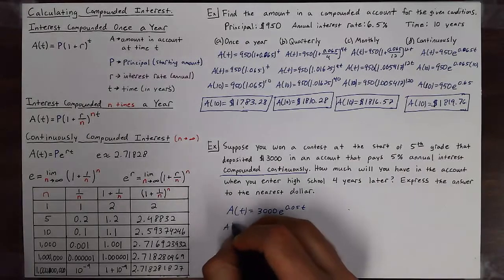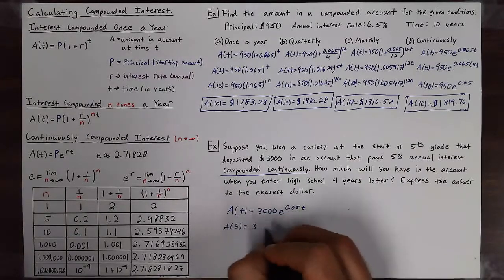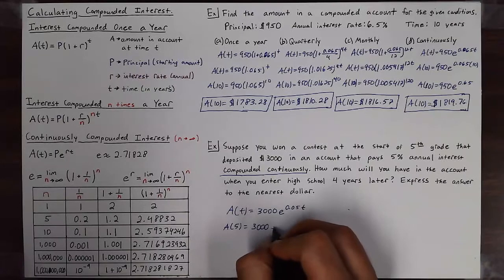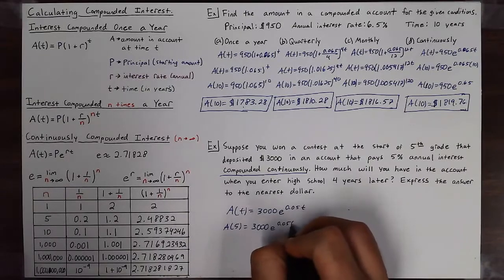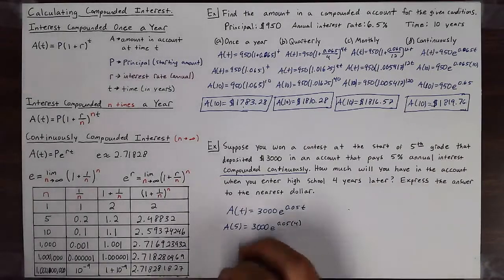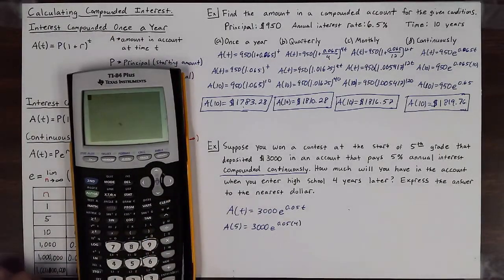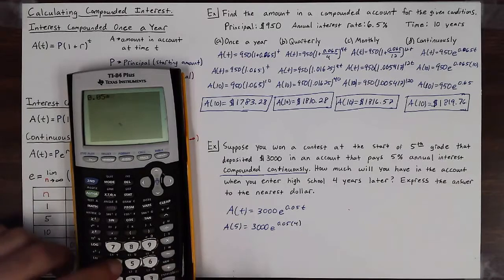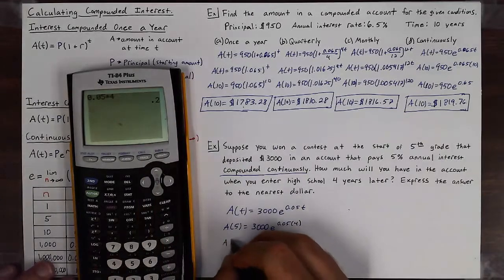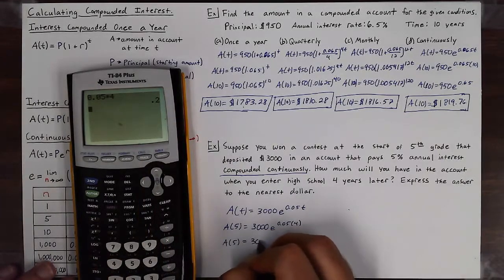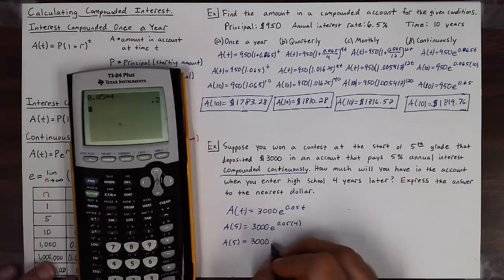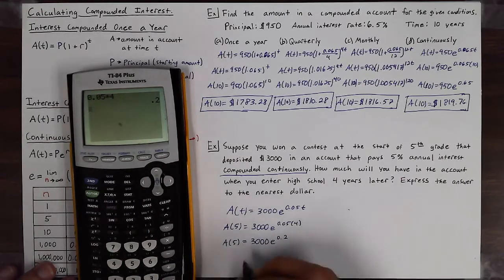So A of 4 will equal 3,000 e to the 0.05 times 4. And 0.05 times 4 should be 0.2, but let's calculate that. 0.2. So A is 3,000 e to the 0.2 power,